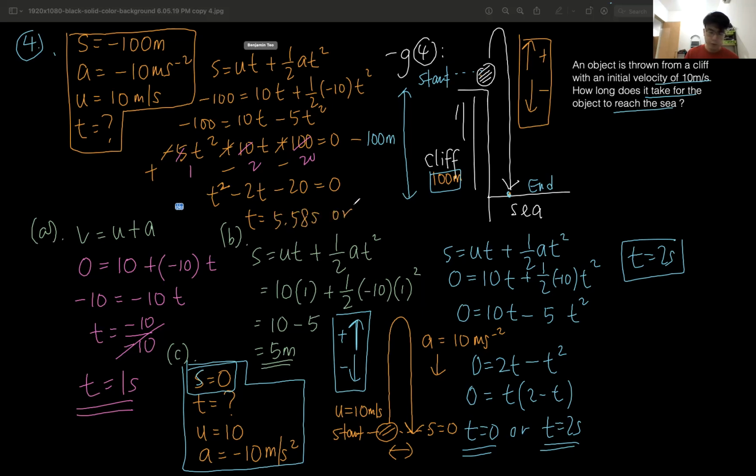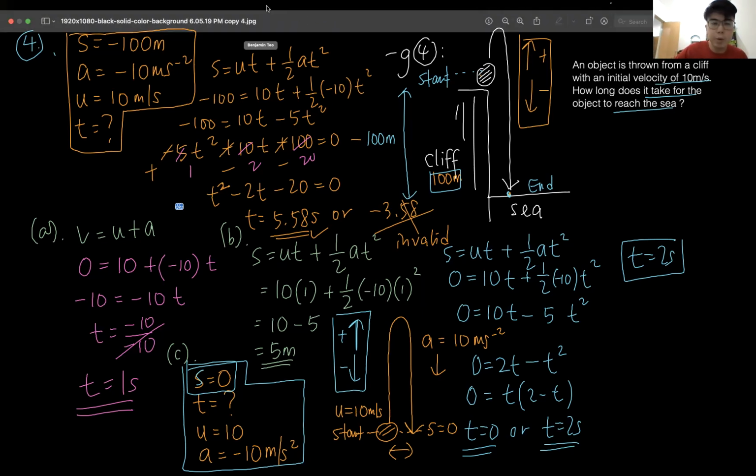Or 还有一个答案是什么？还有一个答案是你 solve 你拿到减3.58. 时间可以是减的吗？不能够啊，时间不能够是减，所以这个答案是 invalid. OK, 这个答案 invalid, 所以你拿的答案就是 5.58. OK, 可以吗？如果还是有问题，哪里不懂